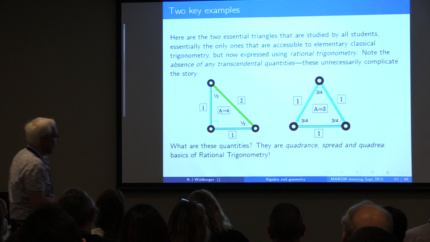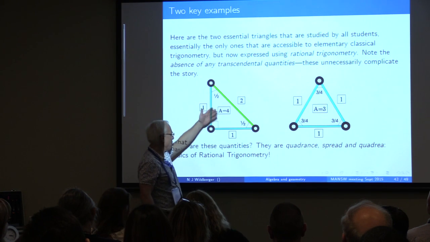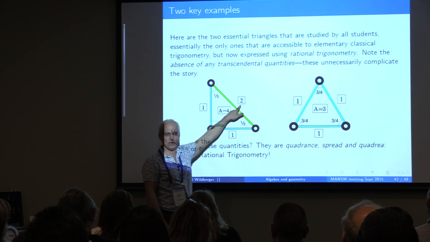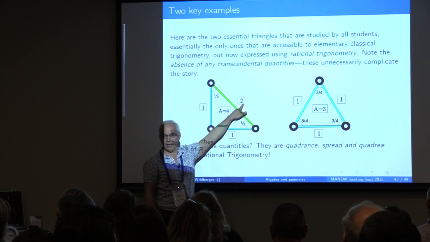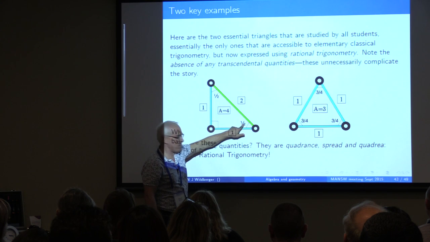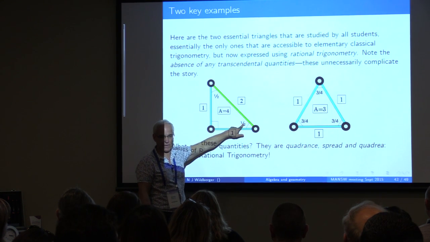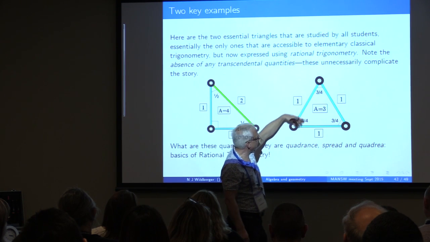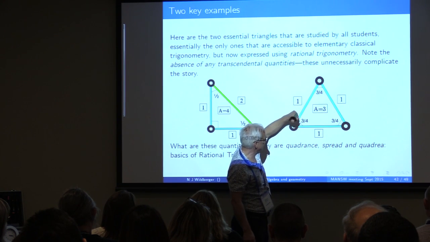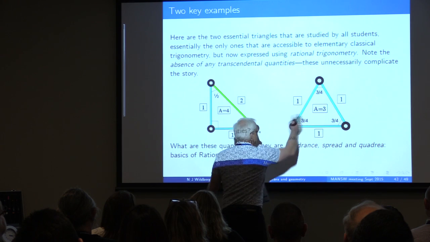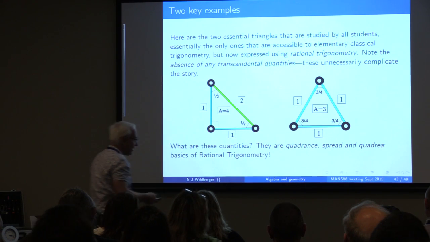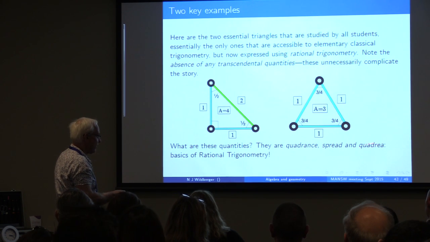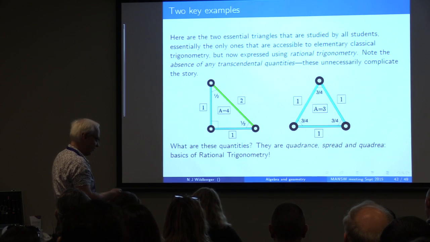Okay, so in mathematics, these two triangles figure very prominently. This is a 1, 1, root 2 triangle, but it's labeled somewhat differently. You'll notice that there's no root 2 here. There's a 2 instead of a root 2. And instead of having 45 degrees or pi by 4, there's a number, a half. And here, in this equilateral triangle, instead of having 60 degrees, there's 3/4. And there's an eighth. So there are these other quantities that become visible to you, called quadrance, spread, and then quadrea. But I'll only tell you about quadrance and spread briefly.